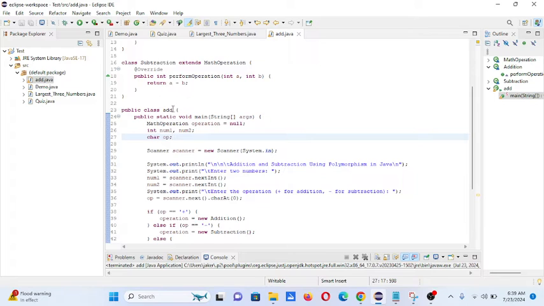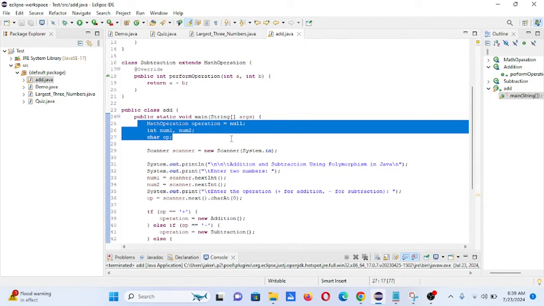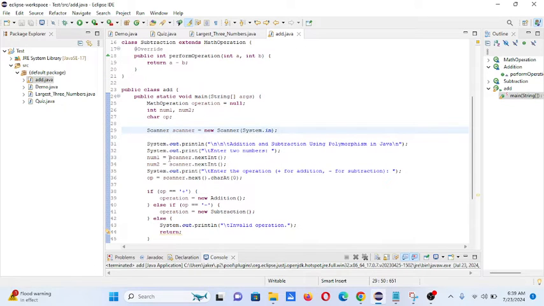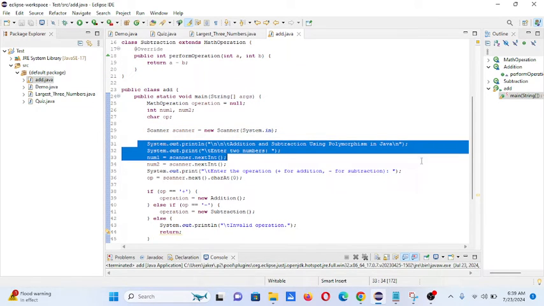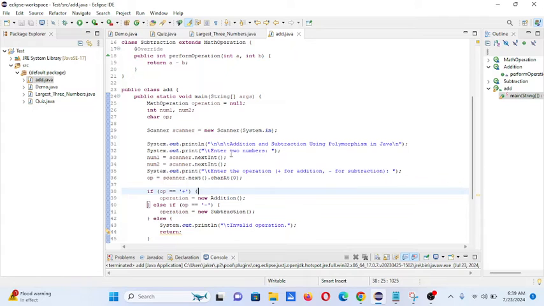And then we have here the public class Add. We have here MathOperation null, two operators, variables num1, num2, operator, scanner. We declare an object that is Scanner. Title of our program, addition and subtraction using polymorphism in Java. Enter two numbers that will be stored, the first number in num1, and num2.